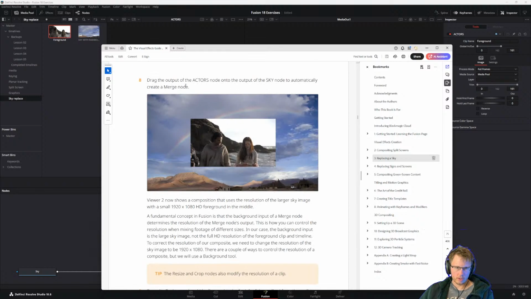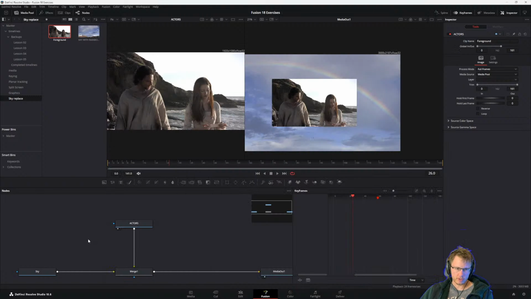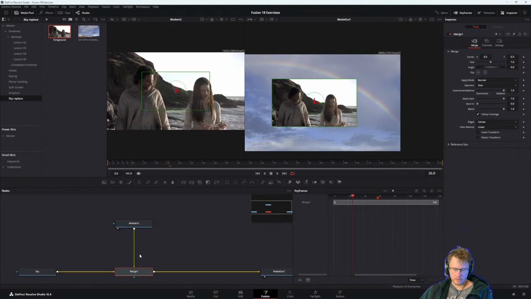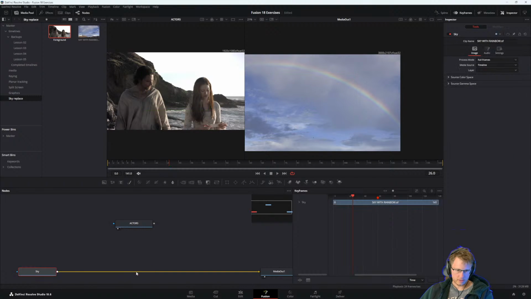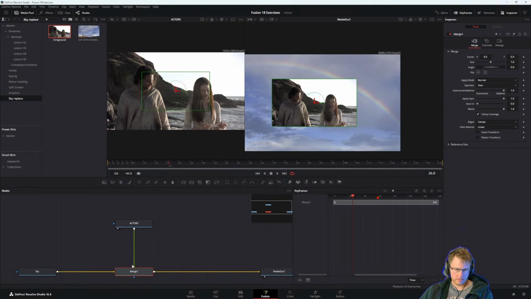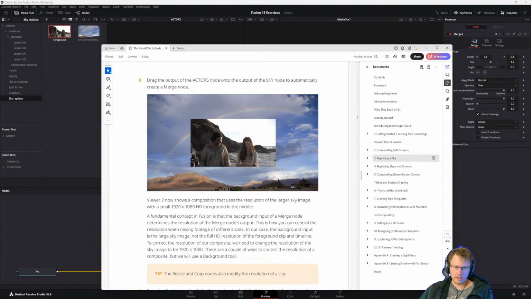Drag the output of the actors node onto the output of the sky node to automatically create a merge node. Oops. Yes, so you can go like this, like that. And then viewer 2 now shows a comp that uses the resolution of the larger sky with the smaller 1080p